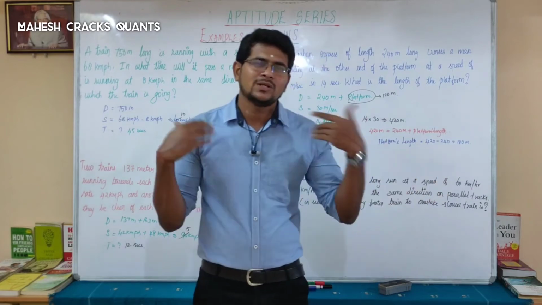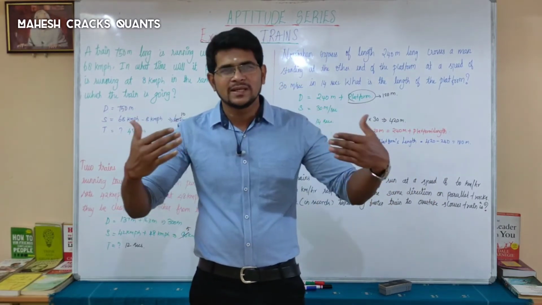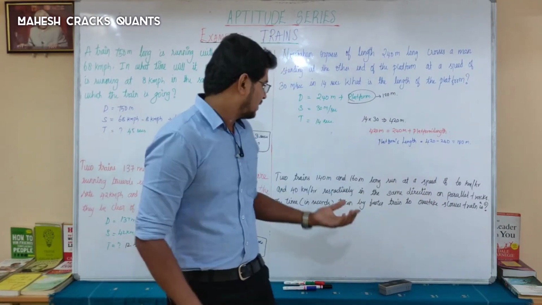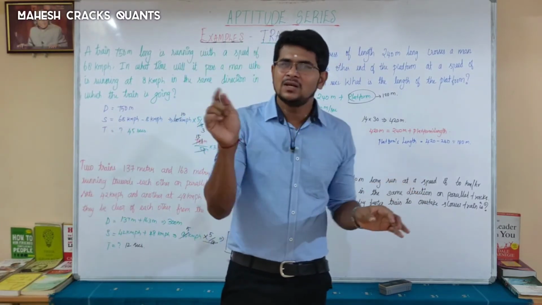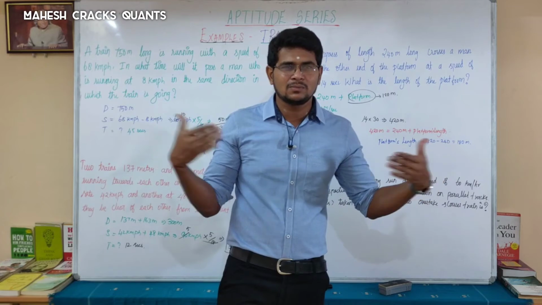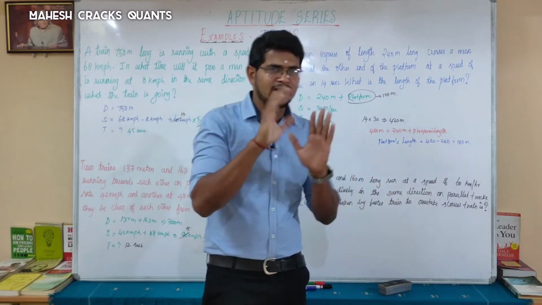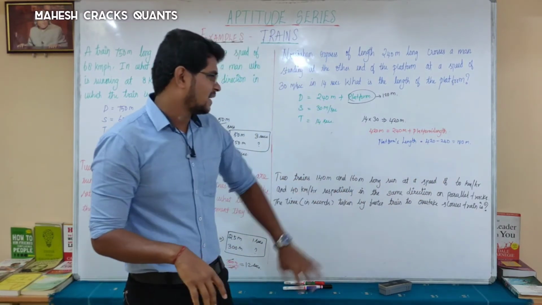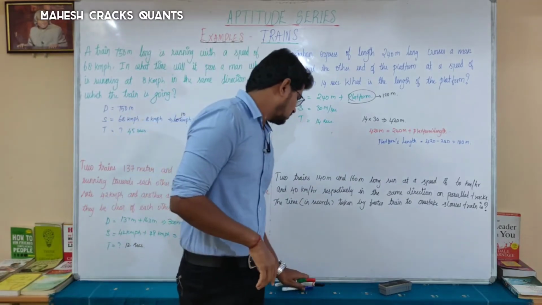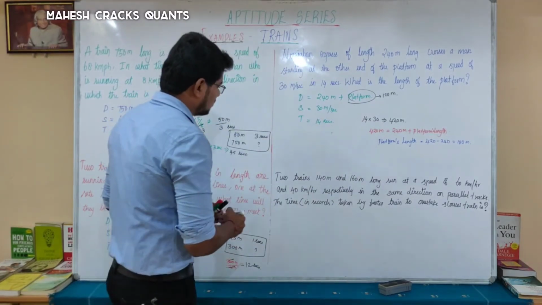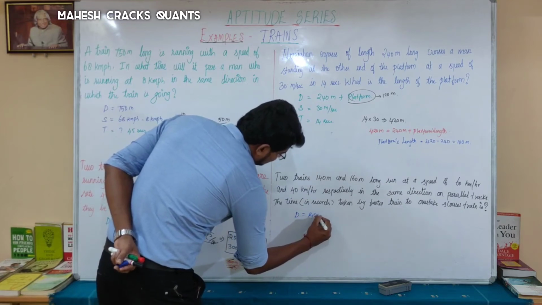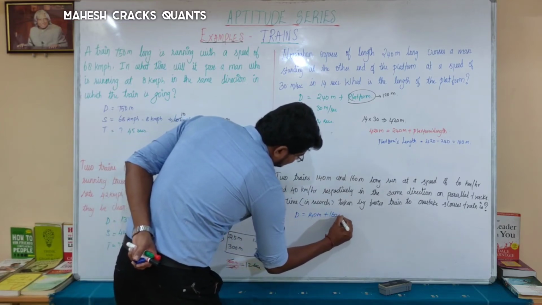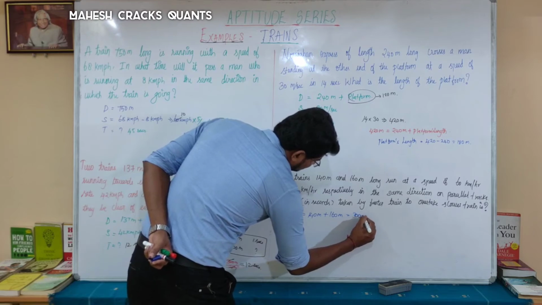So two trains means what is the distance to be covered? You should take both the trains' lengths. And for the speed, if the trains are in the same direction, you have to subtract. If the speed is in the opposite direction, you have to add. Here is the relative speed. Done. Next, time taken is what the question asks. So take it down. What was the given value? Given is distance, both the trains' lengths, 140 meters plus 160 meters, which is 300 meters.